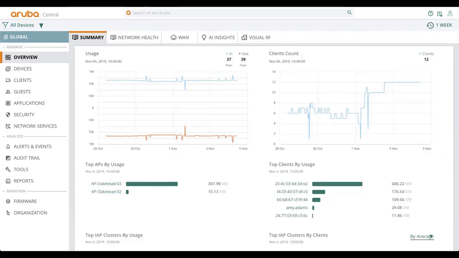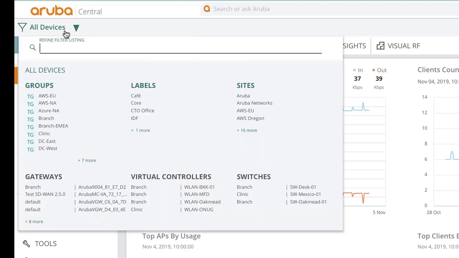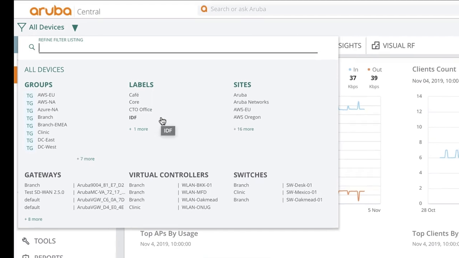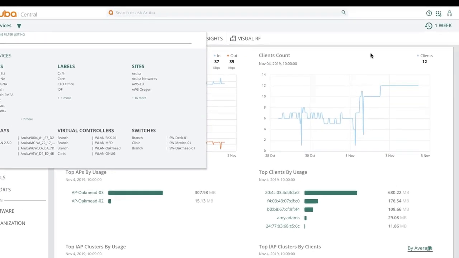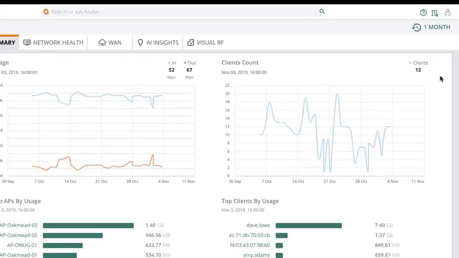Let's start with the context bar. The context bar allows you to filter and scope out information you want to see, be it either groups where you configure your devices, sites where you can visualize the performance at any given physical location, or use labels as an additional way to tag your devices and filter them in a click. You can also go back in time and choose to view this data by selecting an option from the time